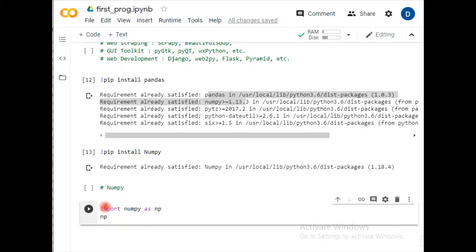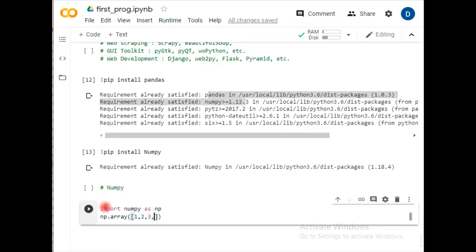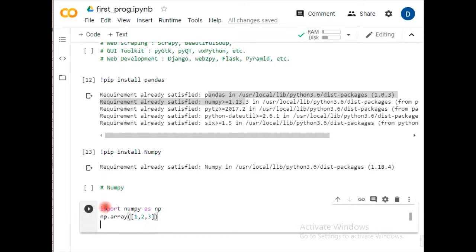Now, np dot array creates an array. Using the square braces, it is creating an array for us with values 1, 2 and 3. Suppose you can have so many values here easily. So it is basically creating one array.